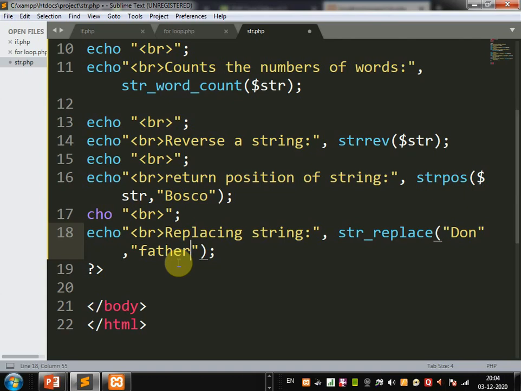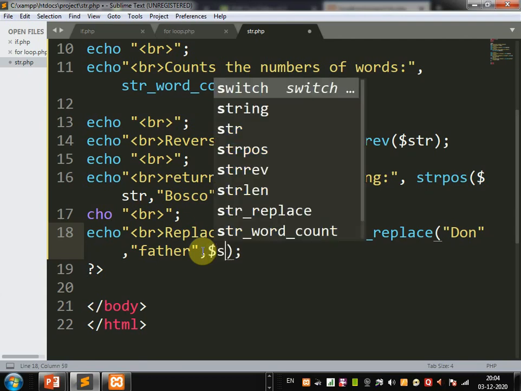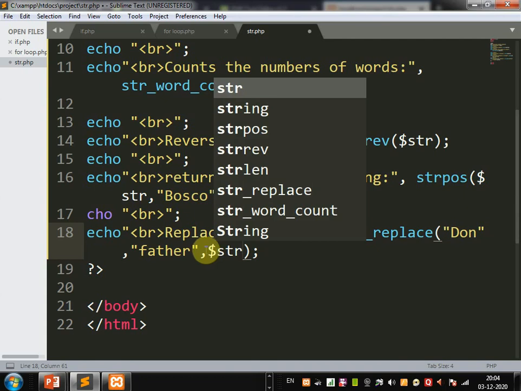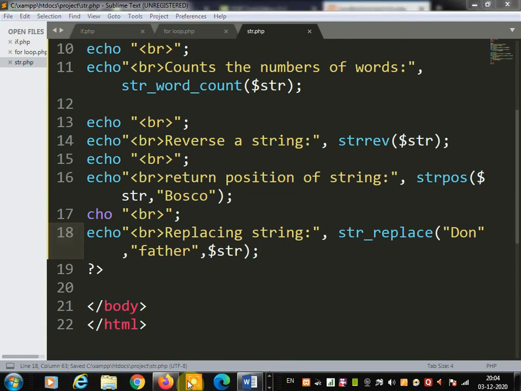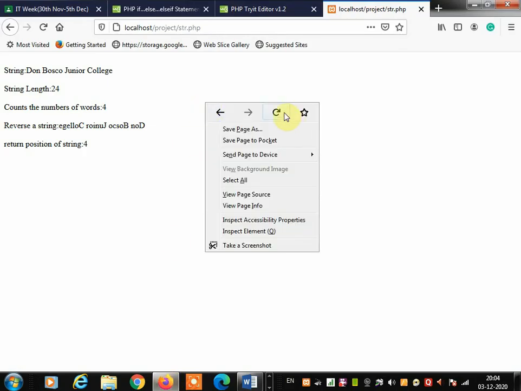Then put a comma, and then use the variable in which string you want to replace the word: $str. In this string you are going to replace the word. Save this, go to the browser, refresh and check it.